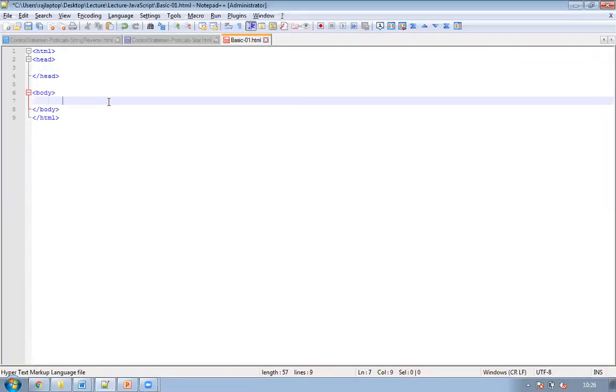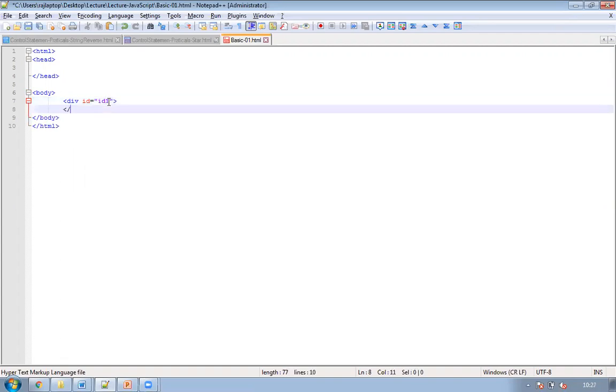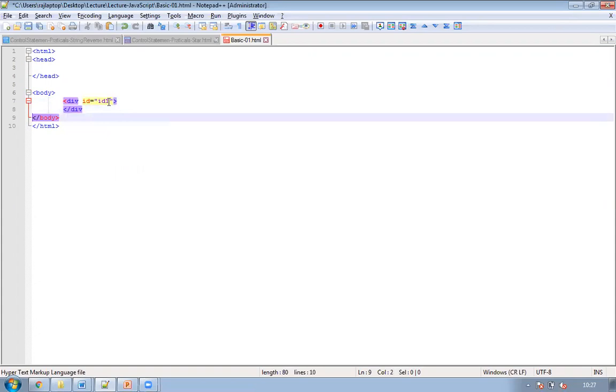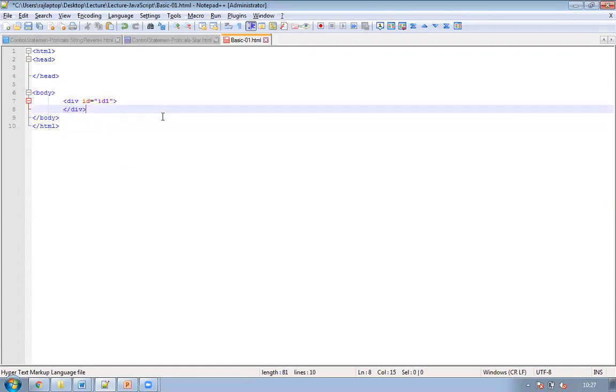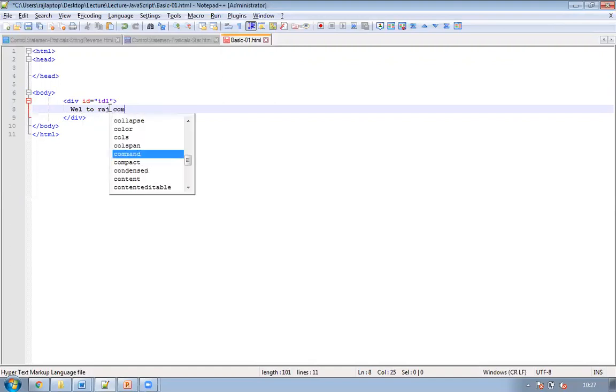I'll be defining a small div. The div has an ID, let this be called ID1. Inside the div I'll be putting something, welcome to Raj Computers. So this is normal data, into div ID1.